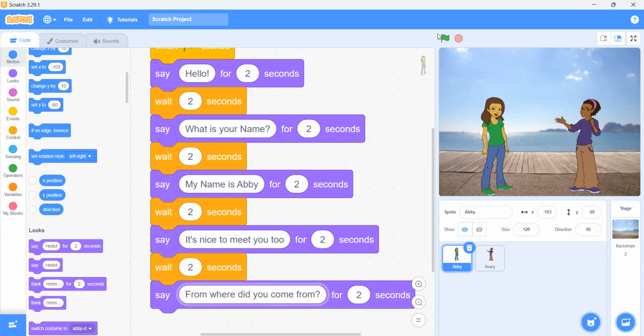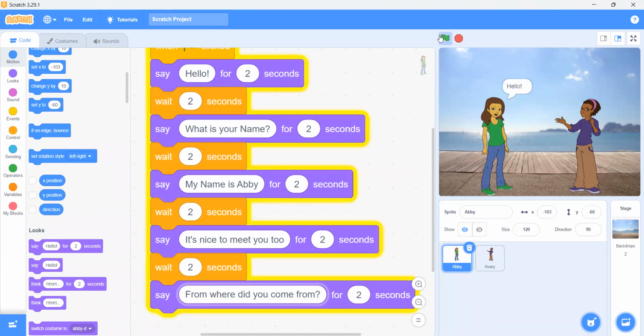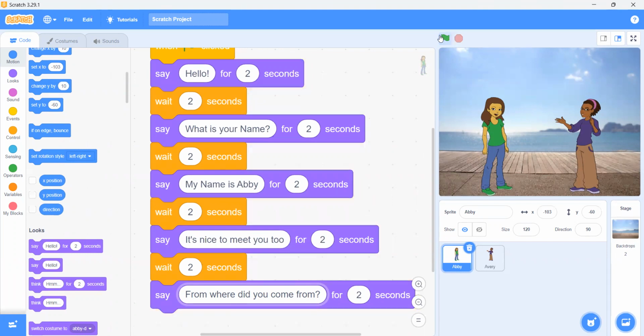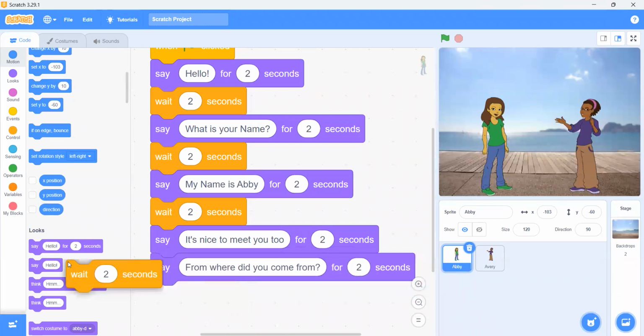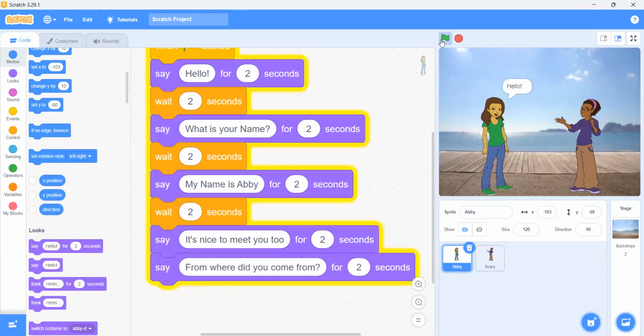Okay, from where did you come from? We can use this. Now if we run the code,